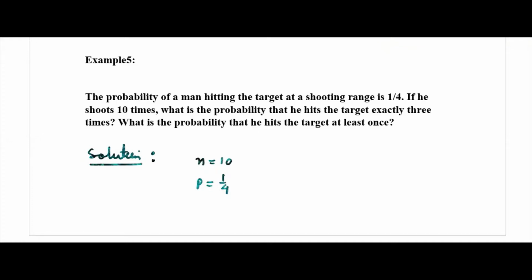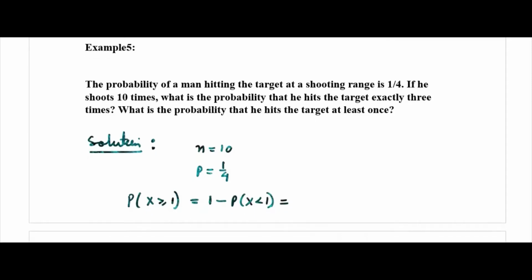But the question is: find the probability that it hits the target at least once. So you have to find the probability that x will be greater than or equal to 1. There are so many chances, 1, 2, 3, 4, up to 10 you have to find. So it will take a lot of time. Instead we'll do it this way: 1 minus P(x < 1). We'll write it this way because the total probability is 1. Instead of finding and adding all, which might take a lot of time, I can write P(x >= 1) as starting from 1 up to 10, but instead we'll find 1 minus P(x < 1), that is P(x = 0).